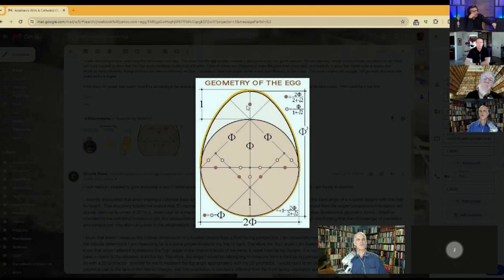Oh, I love this picture, the geometry of the egg. Me too. So we're seeing the number phi all over this picture. It's not exactly the phi angles, but we're seeing that number. Whenever you see that number, it ought to perk up your attention, that there's something going on. An egg obviously is nature. And why isn't it a sphere, or why isn't it some other shape? It's the strongest shape. Yeah, the structural integrity of this is that the egg is 1,000 times stronger from the top to the bottom than it is from the side to the side.